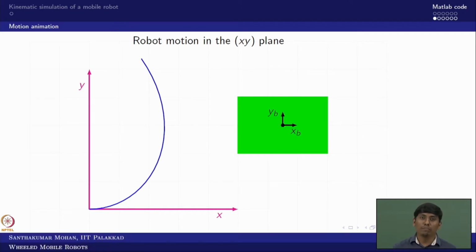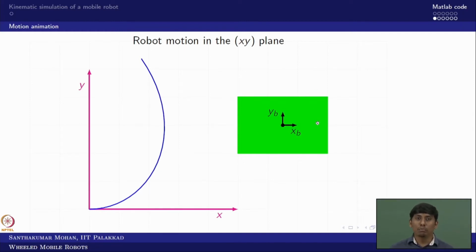For that, the vehicle frame, which we call B, the point B, has a frame of xb and yb. If I want to know this particular coordinate, I already have it: this xy is already there. But what I want is this vehicle moving on this xy plane with the orientation.